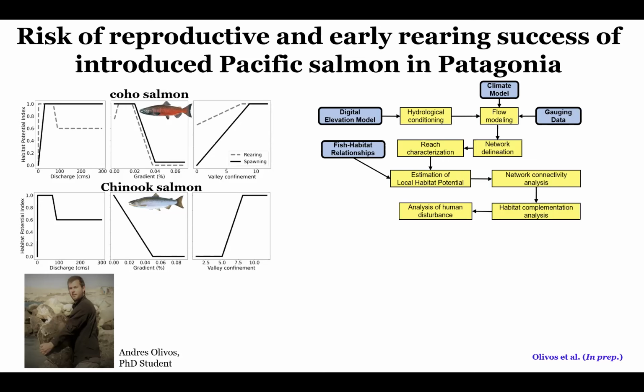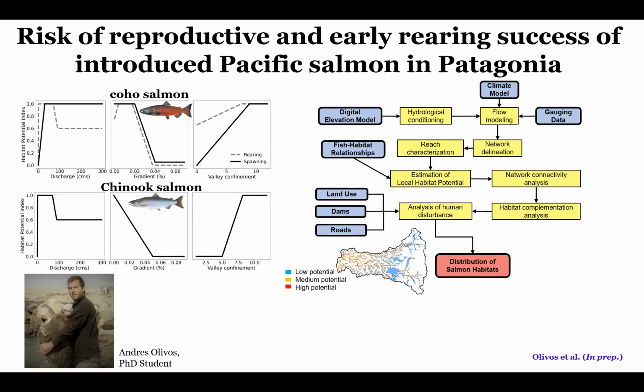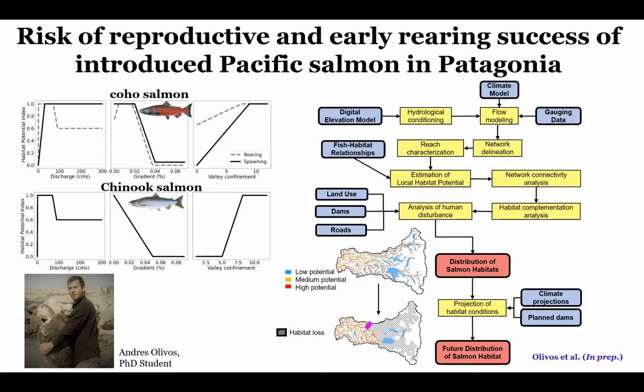to the landscape. We can use model projection to see how those habitats will change in the future. We can use land use changes, we can use dams, and in this case, in what we did in Gabon, or we can use roads, culverts, whatever is the attribute that will change in the landscape. And then we can map the distribution of salmon habitat, in this case, with low potential, medium potential, or high potential to be used. Then we can use these projections and the climate projection, habitat change, in order to see how much of this habitat will be lost in the future.